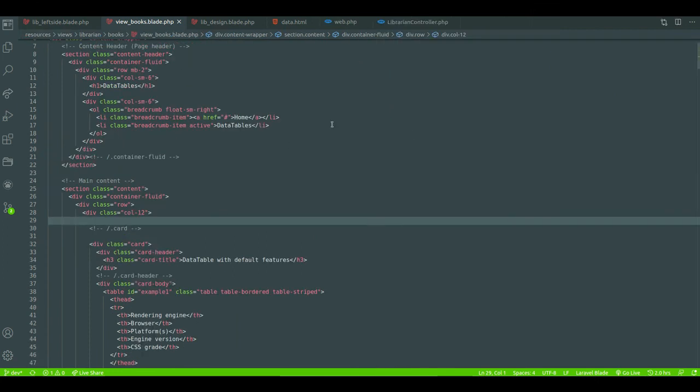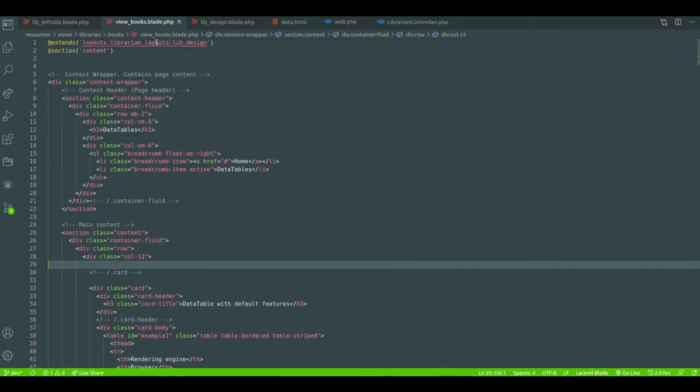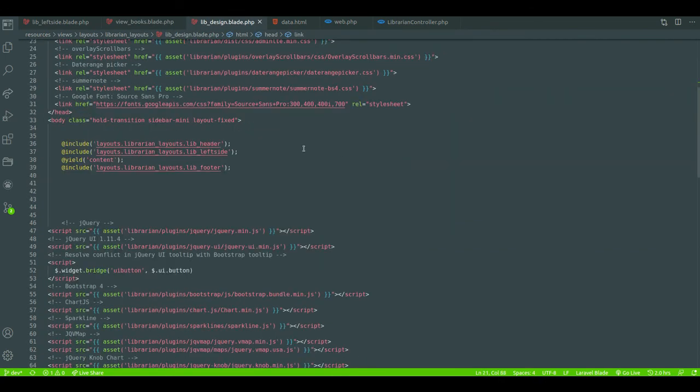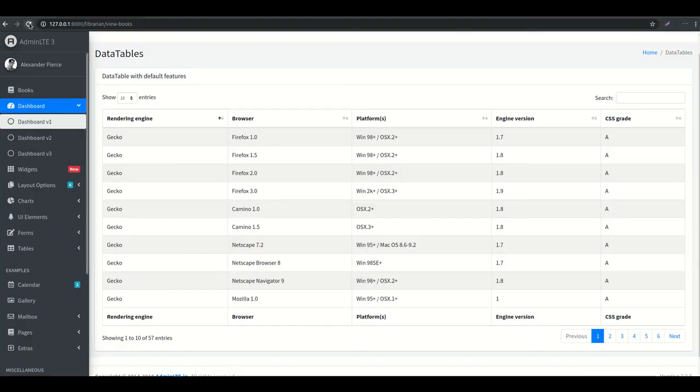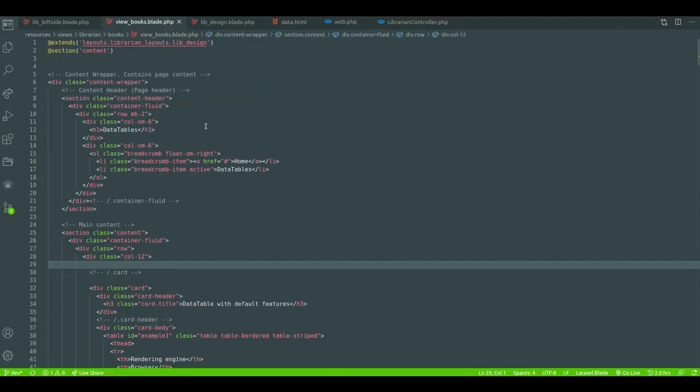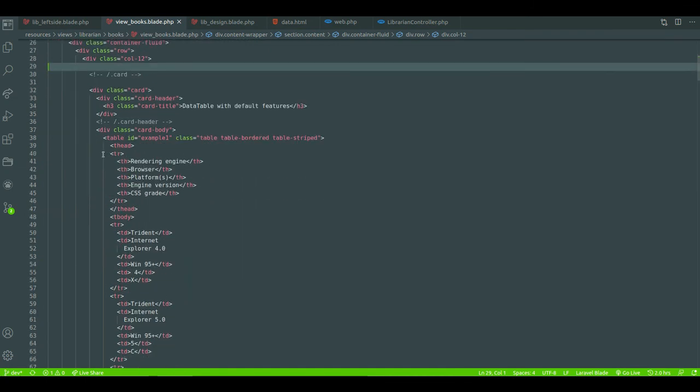So sorry for that. I missed two CSS files for Bootstrap data tables, these two files, and now it's totally working fine. Okay, so our data table is working. So I removed all those table row data. So this is the table head.